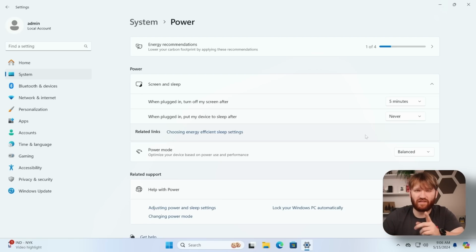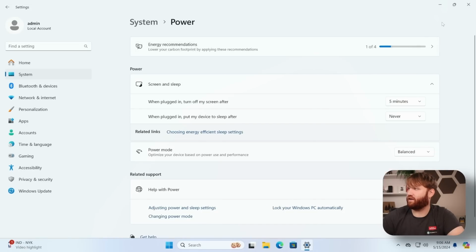Now, in a situation in which you do want your computer to be able to go to sleep, but still kind of function as a NAS, there's actually a group policy thing that we can change. Do note that you are probably going to need to somehow ping the server to kind of wake it back up, but doing this does make the network card active, so if it sees something going on, it's going to wake up your computer. And to do this, I'm going to go ahead and close out settings.